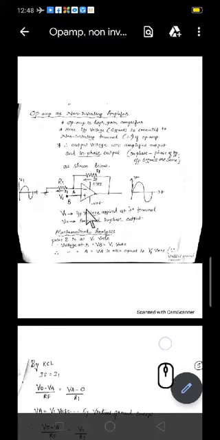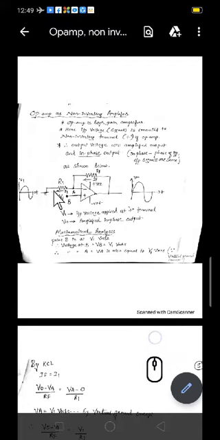Next, after having known about the virtual ground concept, now we will move into KCL. What is KCL? It is Kirchhoff's current law. Kirchhoff's current law is current entering the node will be equal to current leaving the node. Here the current entering the node A is IF. Current leaving the node is I1. Why we have taken the directions from here to here is voltage applied is V1 here at the non-inverting terminal. So we are taking the flow of current from here to here.